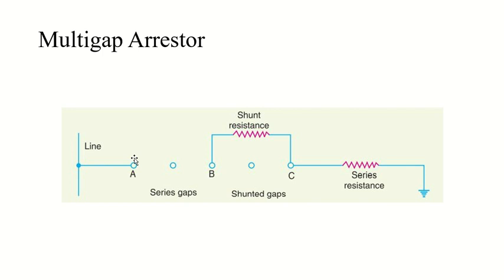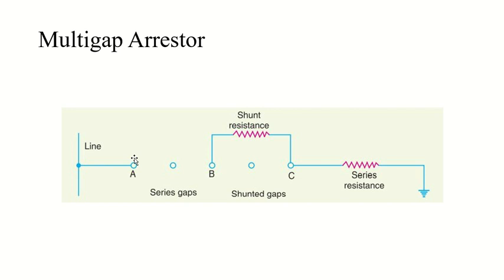So in order to overcome this difficulty, we have inserted some other gaps, like gap B, gap C, right? These gaps are shunted by a resistance. Under normal conditions, the point B is at the earth potential, and the normal supply voltages are unable to break down the series gap. On the occurrence of an overvoltage, the breakdown of series gap A to B will take place, and the heavy current after breakdown